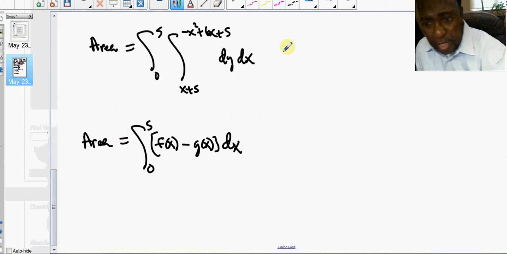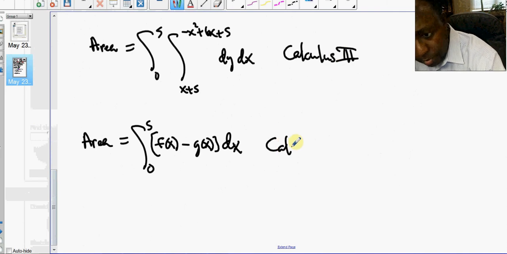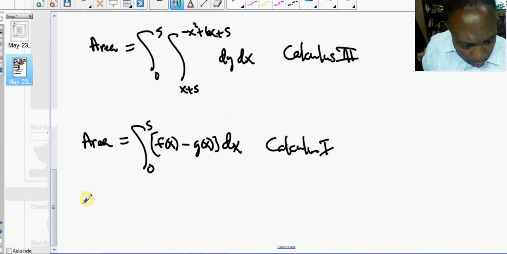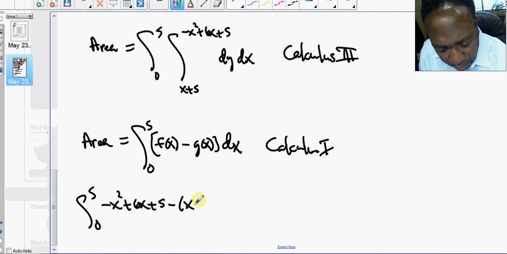So this is calculus 3, I should say. We're doing the same thing. And then in calculus 1, we have the integral from 0 to 5. F of x was that parabola, negative x squared plus 6x plus 5, minus g of x, that's parentheses x plus 5,